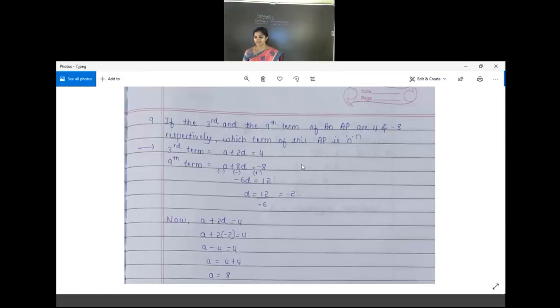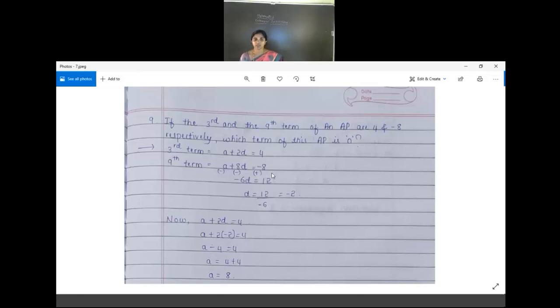Okay, find that out. For that, first we need difference and A. Right now, then we have to find out which term of this AP is 0. How can we find out? Again, we have to use that an is equal to a plus n minus 1 into d. And in that, n we have to find out. Okay, so first let us work out the difference and a using the same method of solving the two equations.